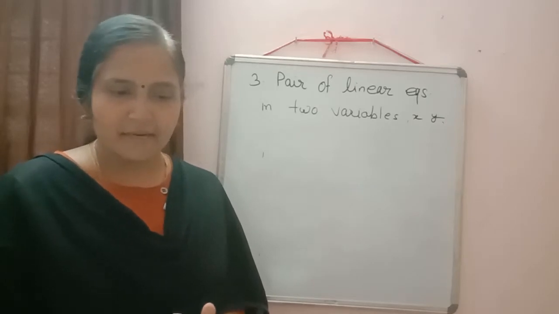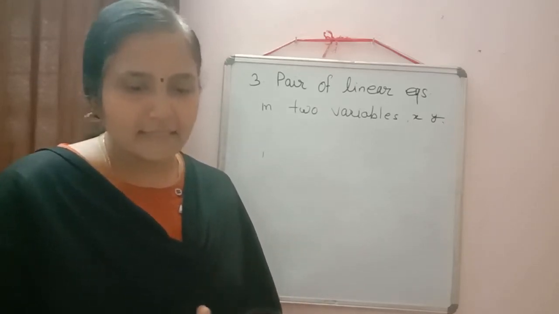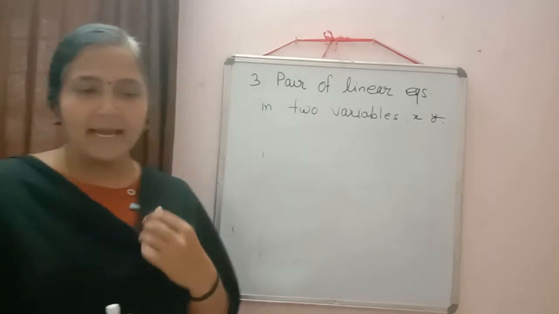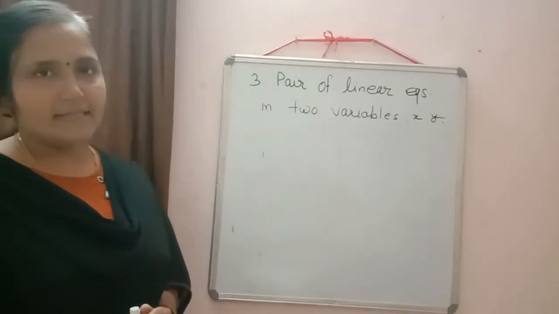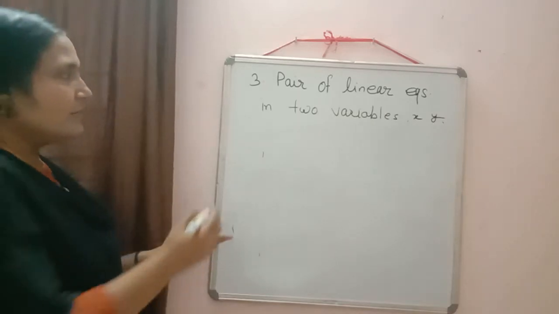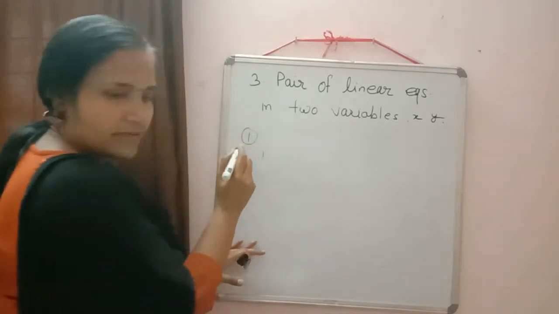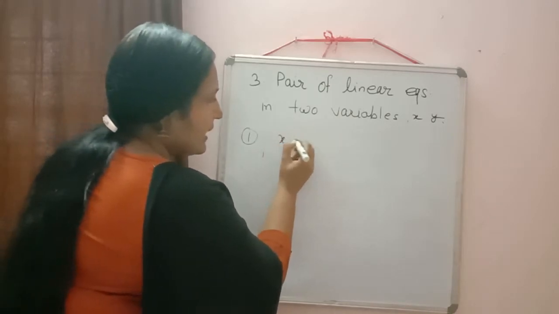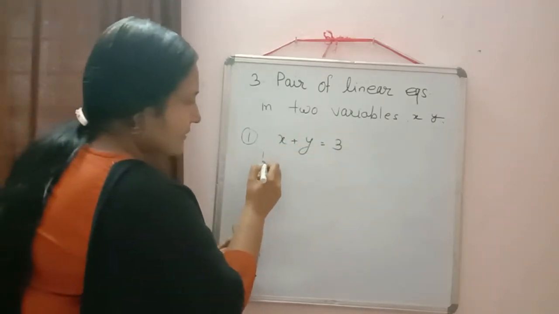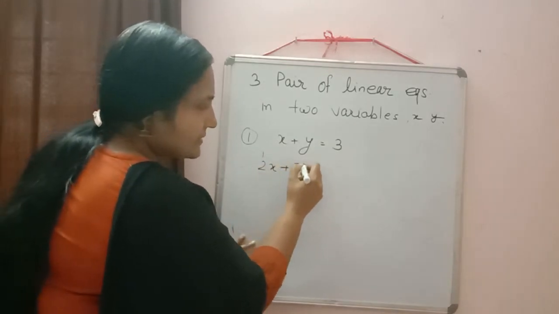Again, I am repeating the question. Find the consistency of linear equation by graphical method and generalize the result. Question written. Now all of you write down the first question. The first equation is given x plus y is equal to 3 and second equation is given 2x plus 5y